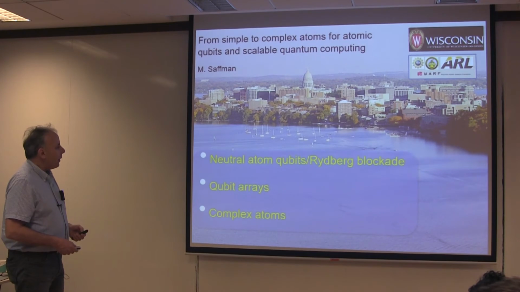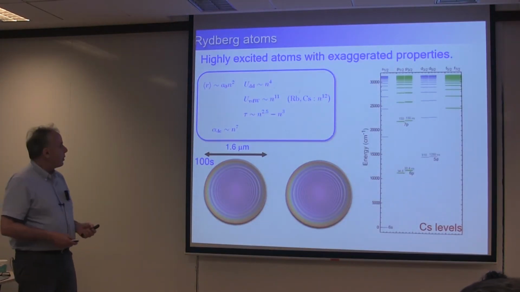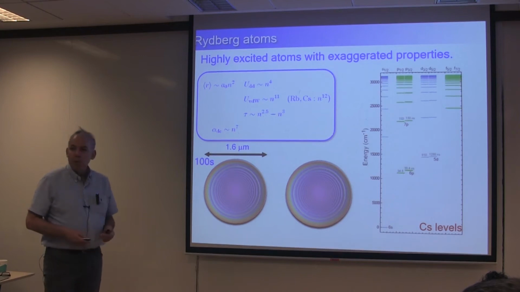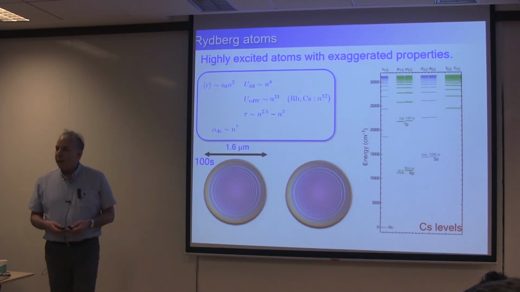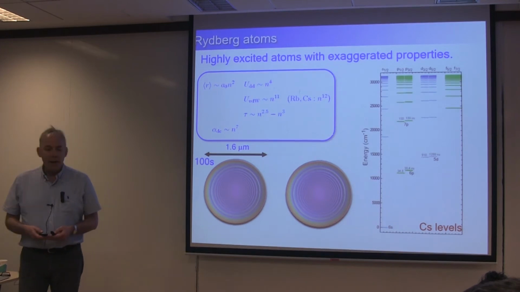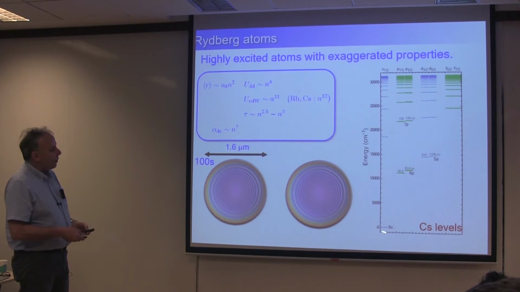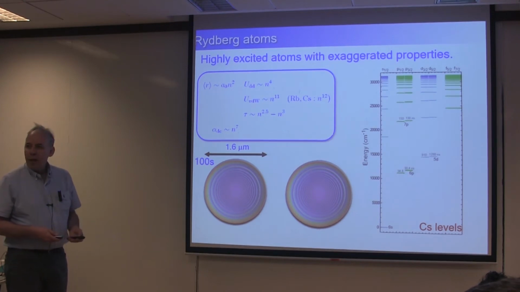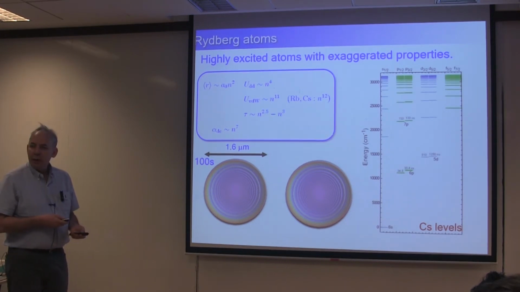So let me get into it then with just an introduction to the atomic physics side of things, which is this notion of working with Rydberg atoms. And by Rydberg atom, we mean simply a very highly excited eigenstate of an atom. Here's the level diagram of cesium. This is the ground state where we have hyperfine structure, we encode qubits, and then these are the excited states, and any of these levels up here can be a Rydberg level.